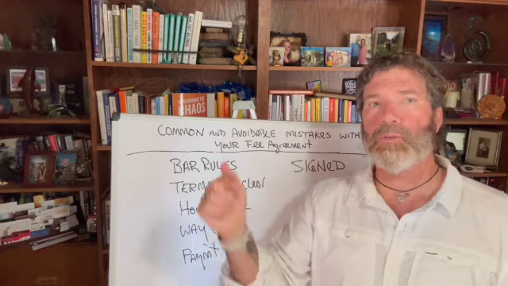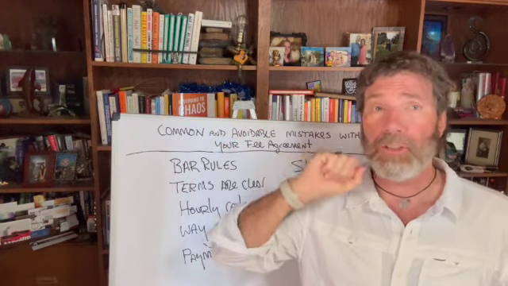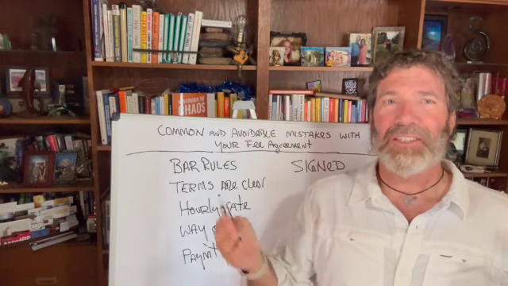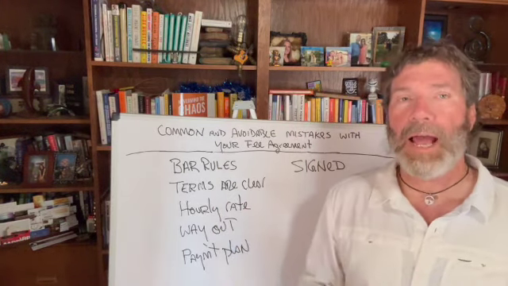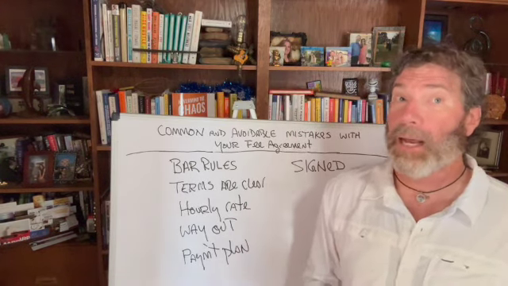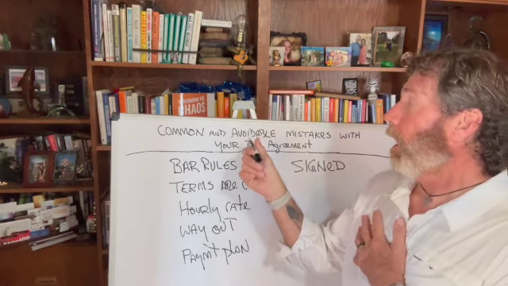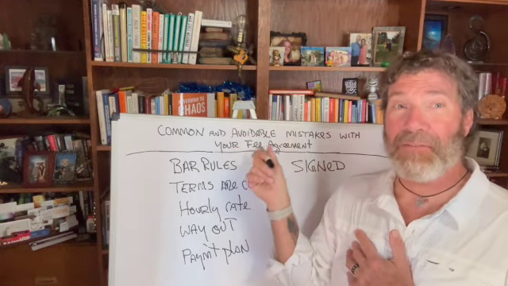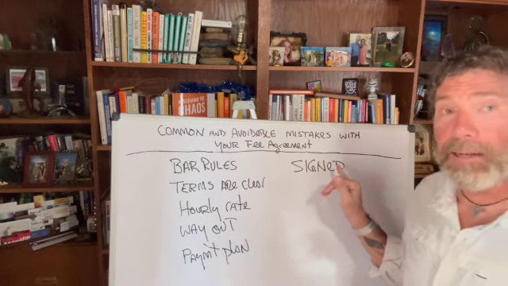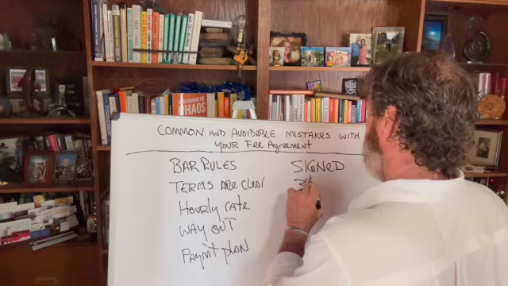The bar rules require, at least in California, anything over $1,000, you've got to have a signed contract. And you're a lawyer. To work without a contract is, I don't know. To me, it's an avoidable mistake. That is a fumble on the 1 yard line. All right. Not only does it need to be signed by the client, absolutely need to be signed by the client, but also any third party